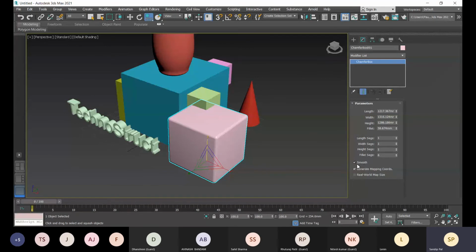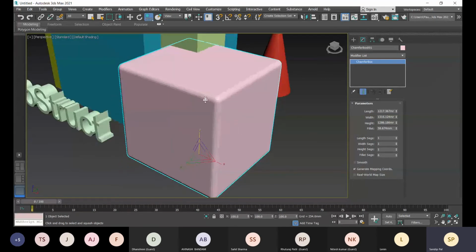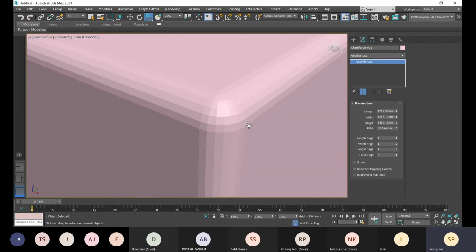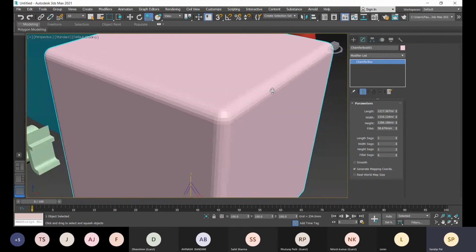Okay, you can uncheck this smoothness option. Facets means this division; all the small parts of your face, the divisions, are called facets. The facets will be highlighted if you uncheck this smooth option.